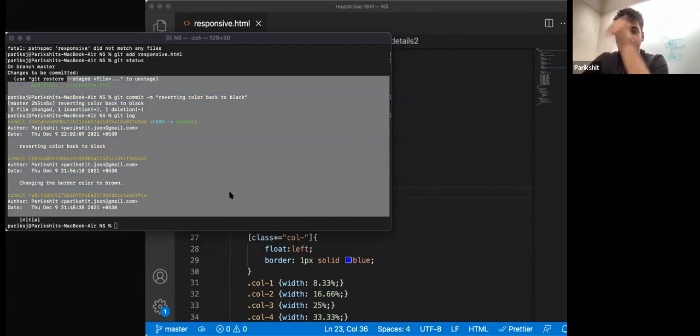So you know the working directory, you know the staging area and you know the Git repository, okay? We have seen how to commit. Now there are certain definitions which you need to know, and how Git works. Let's talk about it a little. Okay. So what happens, guys, is when you are using Git,